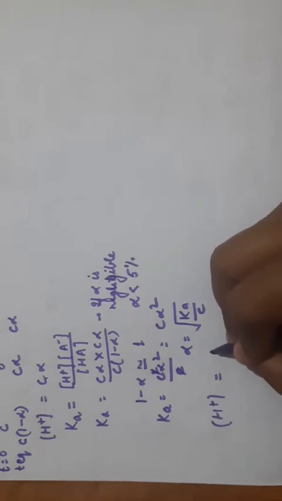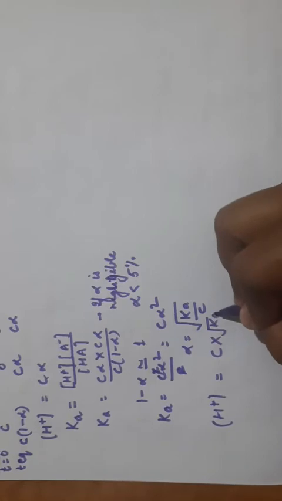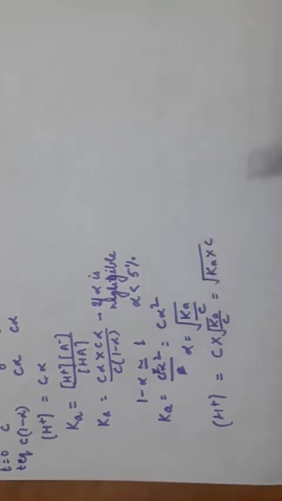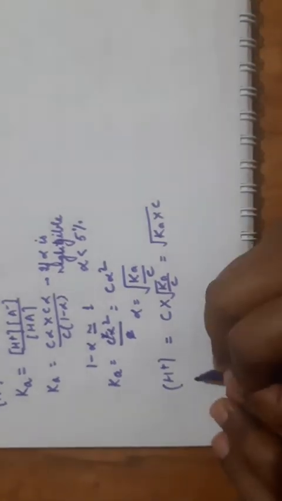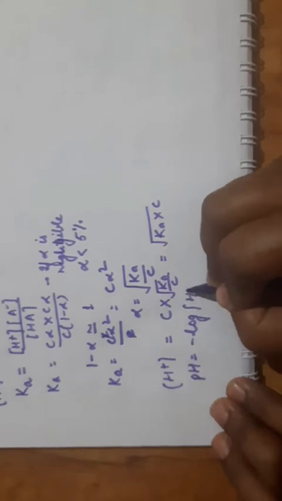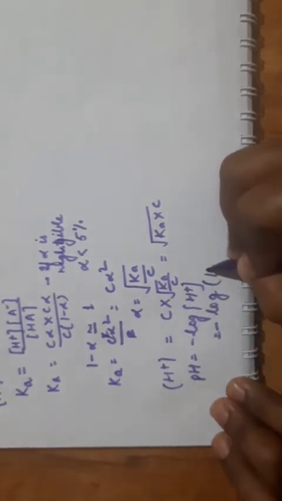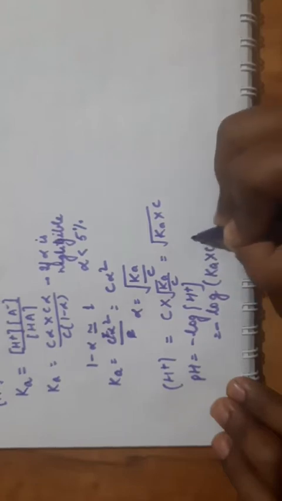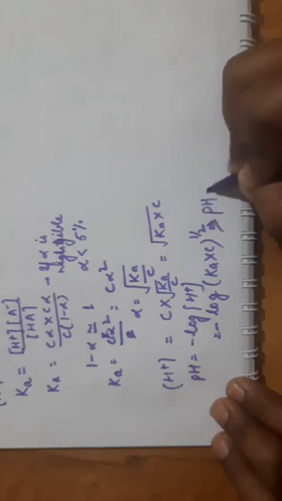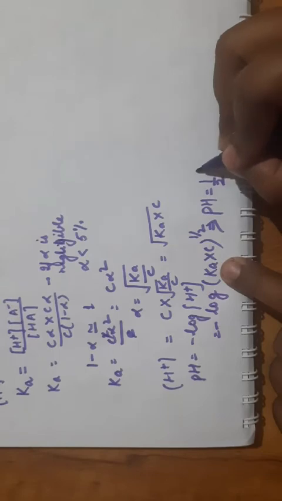C alpha, in place of alpha we will put Ka upon C, taking it inside, it becomes Ka into C. Clear? So you can write pH is equal to minus log H plus, and H plus is equal to Ka into C to the power half. It becomes pH is equal to half, minus log Ka is pKa